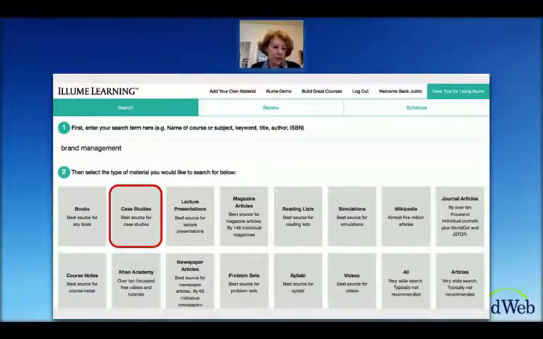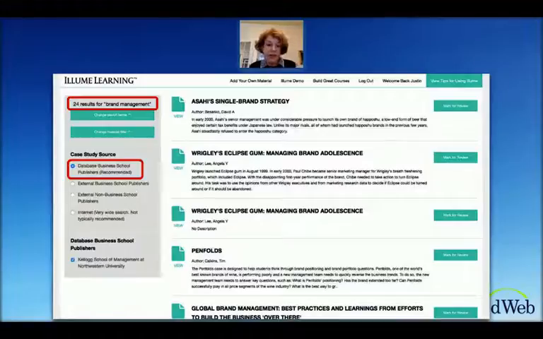Case studies are frequently used in business. This is an example in business, but we know that case studies are also used in environmental studies, in science, in ethics, in law, in sociology, in many areas of teaching. So here I'm going into the case study